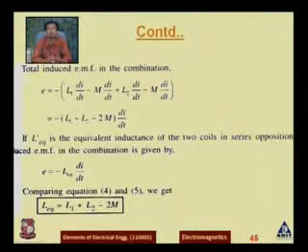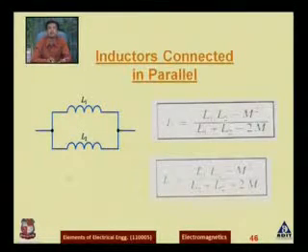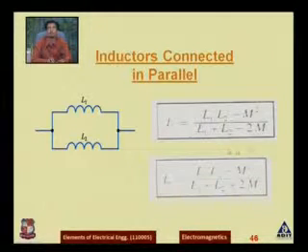That is, if the two coils are having different directions of induced EMF, then the mutual inductance will also get changed, and that will also have to be considered. In the same way, inductors connected in parallel. If I am connecting two inductors in parallel, what will happen? The current in these two will be different. So this way we can find that L is equal to (L1 L2 minus M square) divided by (L1 plus L2 minus 2M). I am not deriving these two relations, but you can directly solve them as we have seen in the series connection.